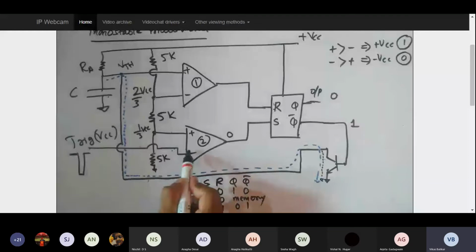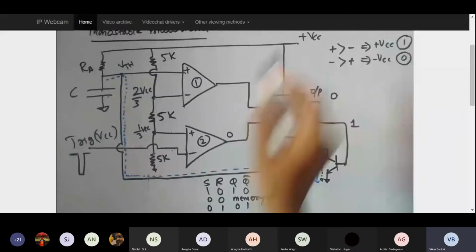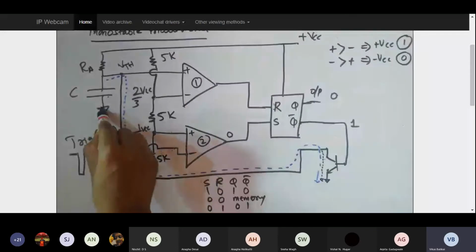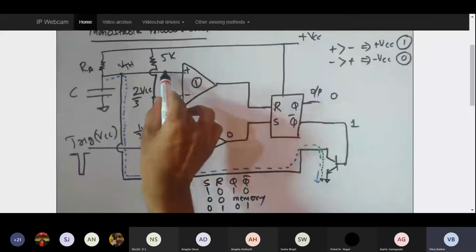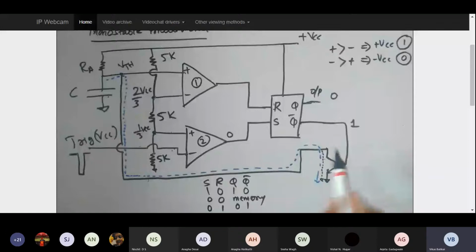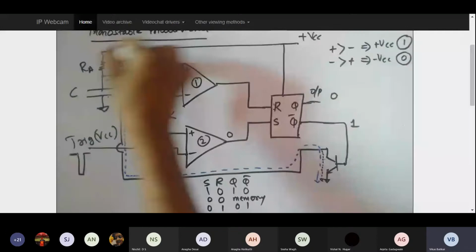Now in the meantime, what is going to happen to comparator 1? Now as you can see over here, the VCC is coming and charging the capacitor, and once this is charged, this entire thing will either take this path or take this path, right? So now let's assume that we don't know whether the capacitor is charging or whether it is discharging. So let's try to understand what is going to happen over here.